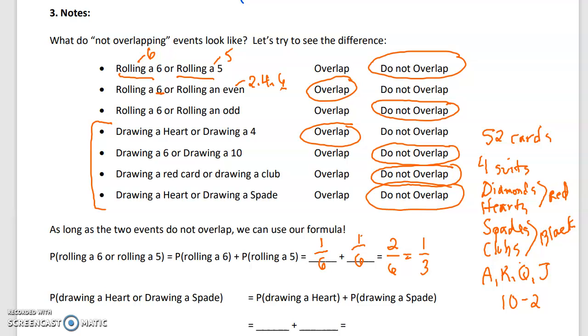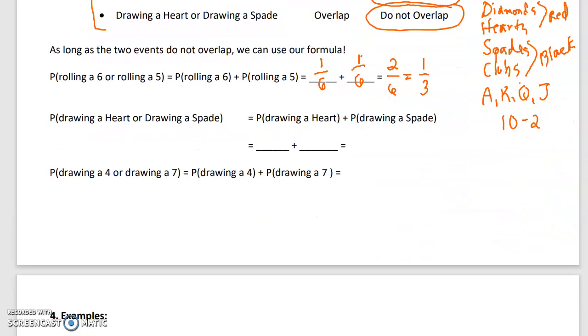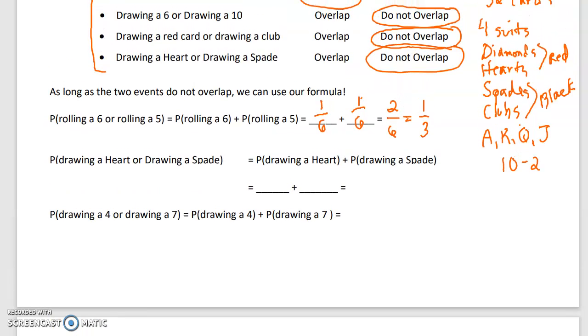How about taking a card out of a deck? What's the probability we draw a heart or a spade? So out of our 52 cards, there are 13 hearts, and there are also 13 spades. And so when I add my two probabilities together, I get 26 out of 52, or half. So half the time, if I'm picking a card out of a deck,